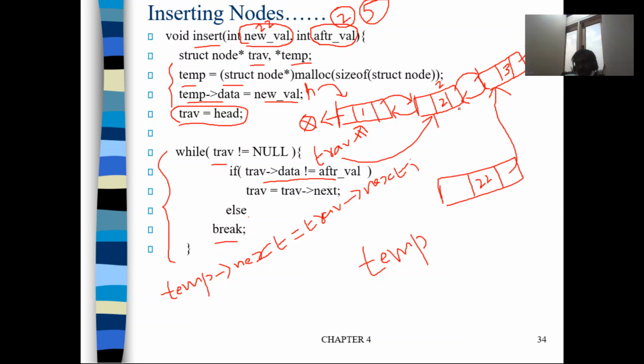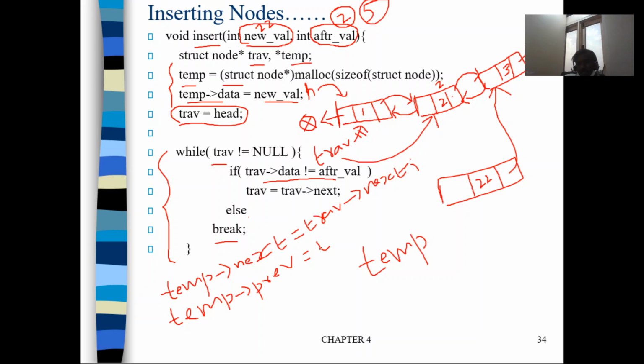Then what should we do? Temp's previous should point to traverse. So temp arrow previous is equal to traverse.